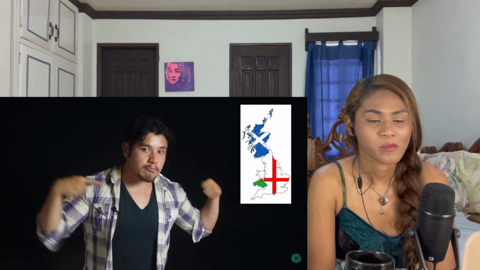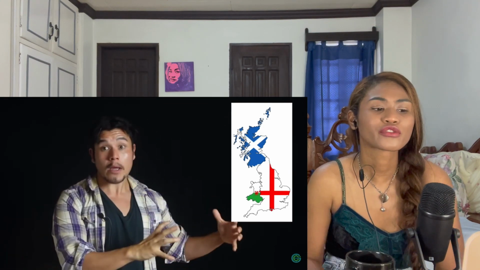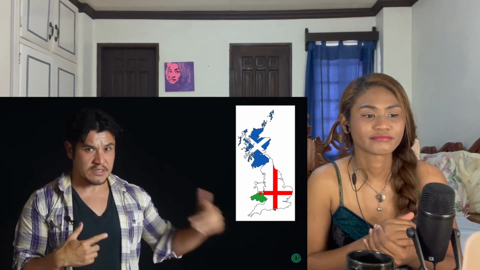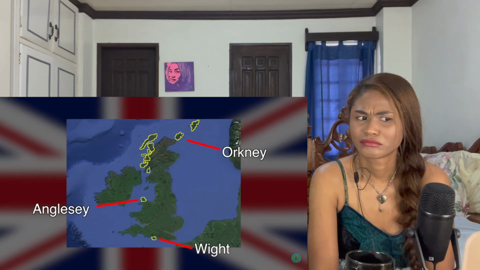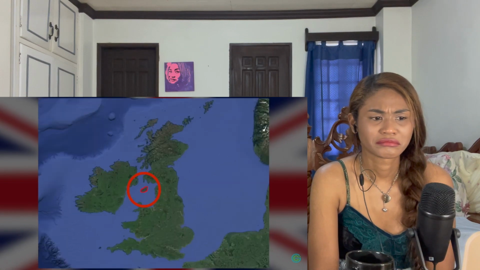So that is Great Britain. It is just the geographic term for the conglomeration of England, Scotland, and Wales. Depending on who you ask, some might say this also applies to the small islands off the coast of the constituents, such as, but not limited to, the Isle of Wight, the Isle of Anglesey, the Orkney, Hebrides, and Shetland Islands off the coast of Scotland, and so on. All except for this one, but we'll get to that in a bit.